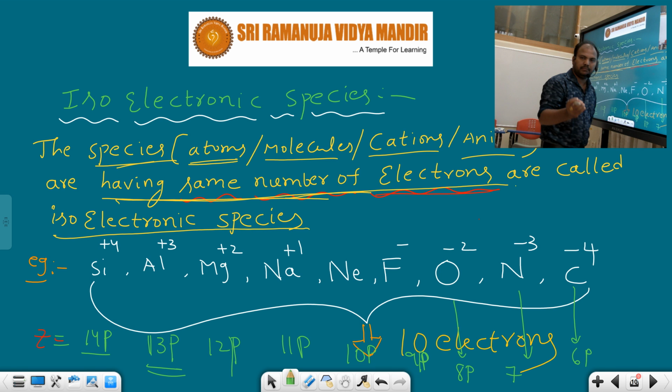Simply said, atomic number is nothing but the number of protons present inside the nucleus. So silicon atomic number 14, that's why I have written 14 protons. Aluminium atomic number 13, so 13 protons. Magnesium atomic number 12, so 12 protons. For the corresponding elements, take the atomic number and write that as the proton number. But the electron number, you should work out separately. Atomic number here is 14, so 14 protons are present in it.